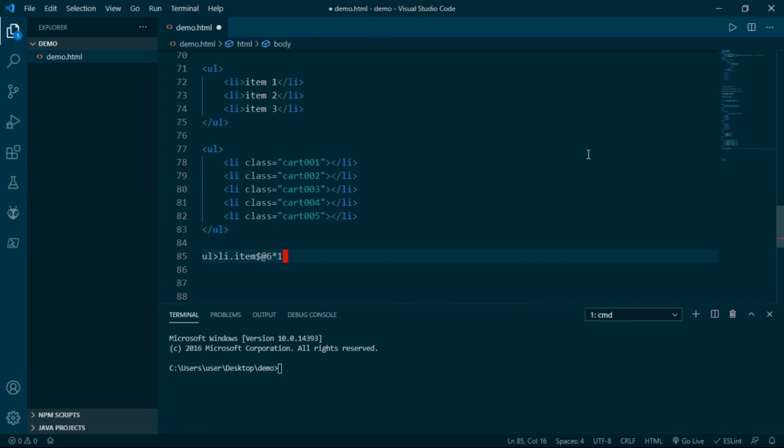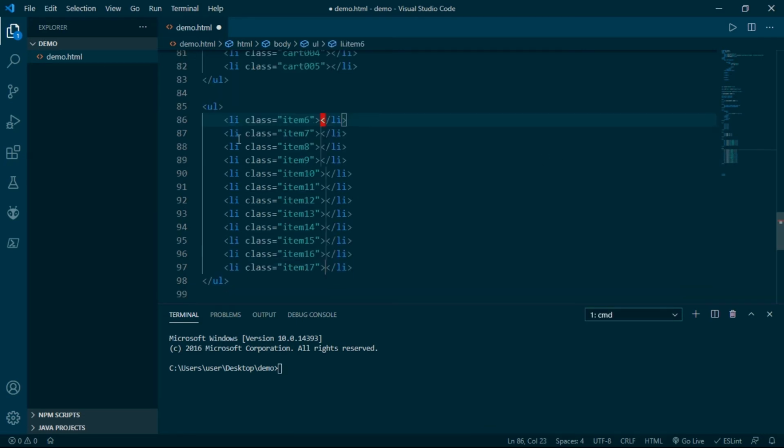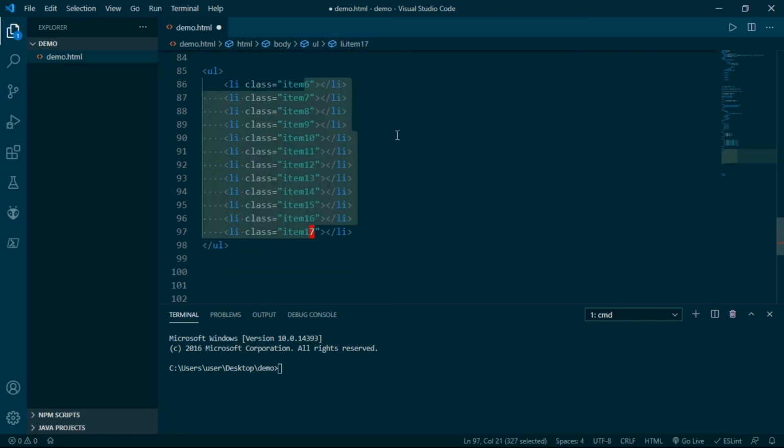So see how it goes. Here it is. From 6, it covers all 12 list items. Don't misunderstand: when I mention 12 there, it doesn't mean that it will go up to 12. It means it will cover all 12 elements there. Therefore, it went up to 17, as you can see here.